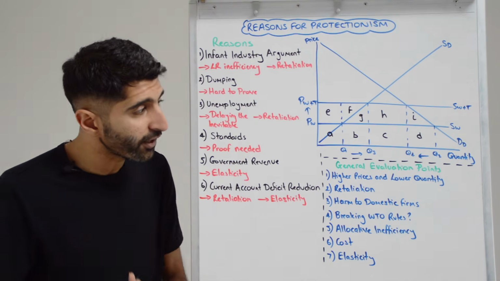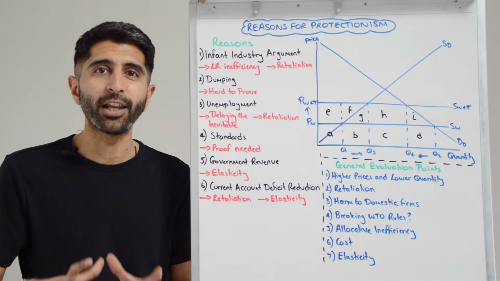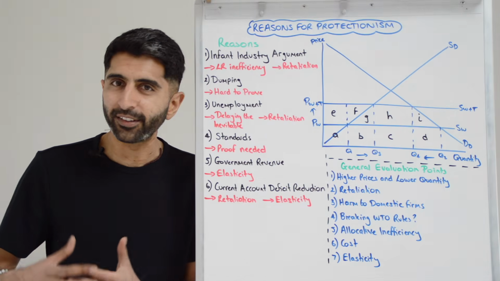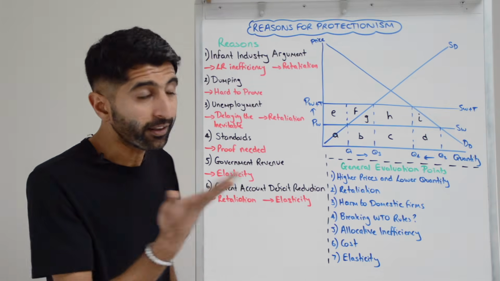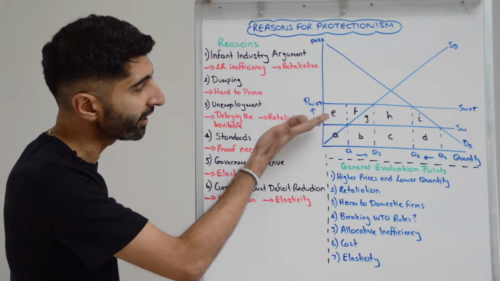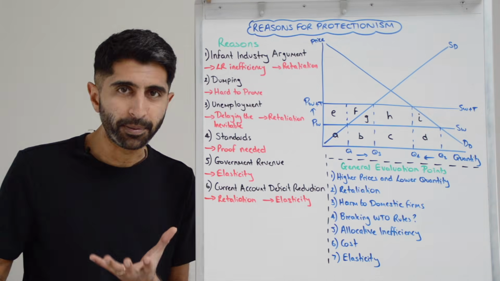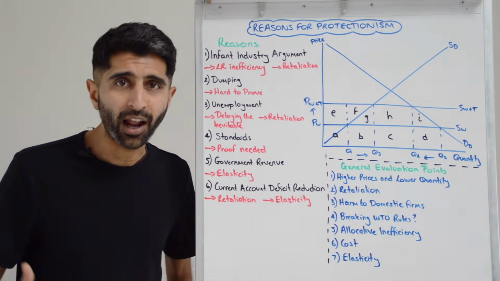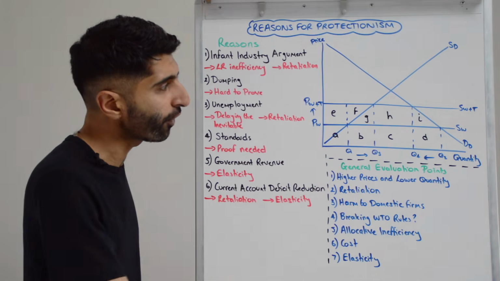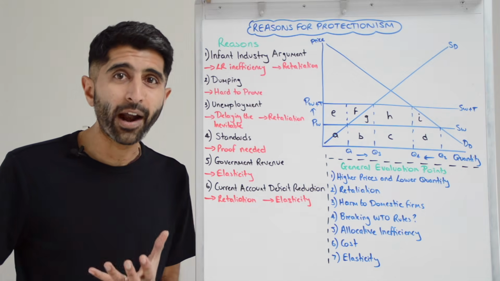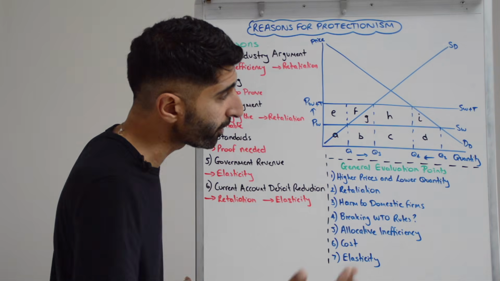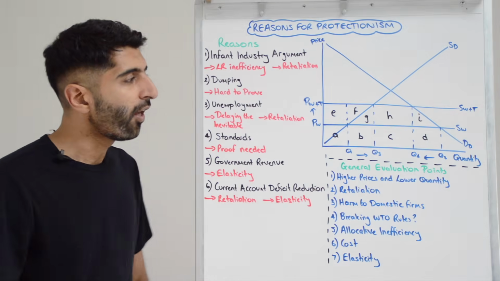But let's finish this video, guys, now by looking at more general evaluation points to protectionist policies. Well, very simply, we can worry about the market distortion from policies like tariffs and quotas that raise prices and reduce quantities. We see the higher price from PW to PW plus T, the lower consumer surplus of E, F, G, H and I, that's the overall consumer surplus loss, the deadweight loss of area I as we covered in my previous video, and also just the lower quantity from Q2 to Q4 is very clear on the diagram.